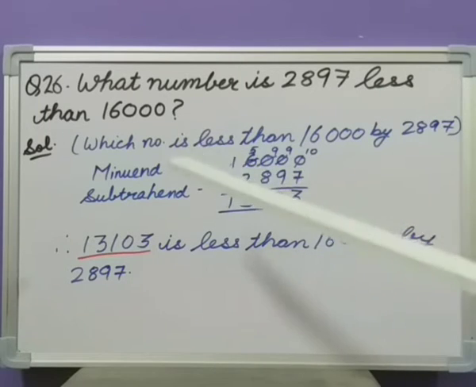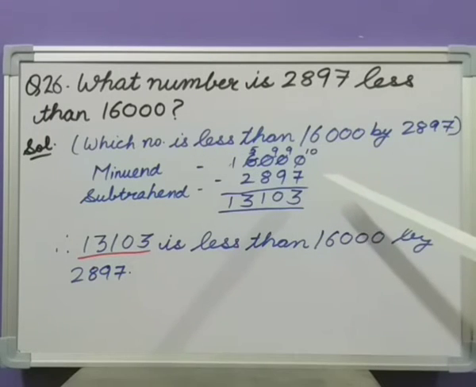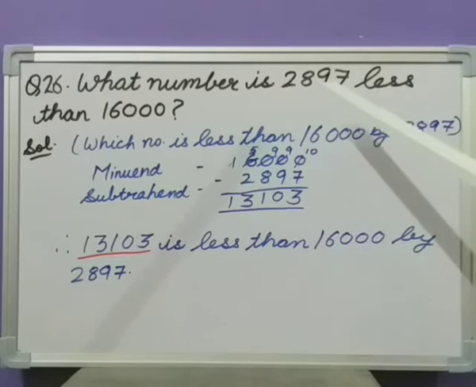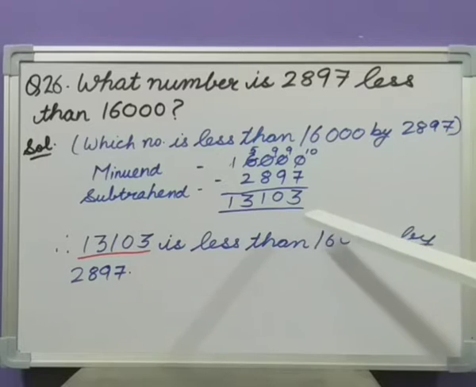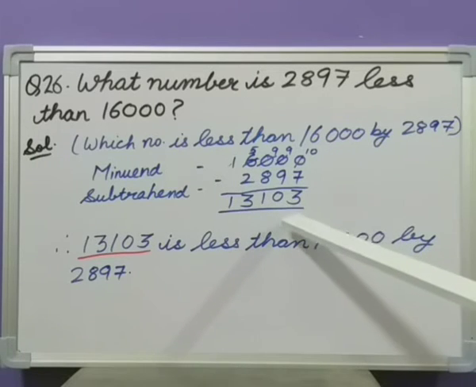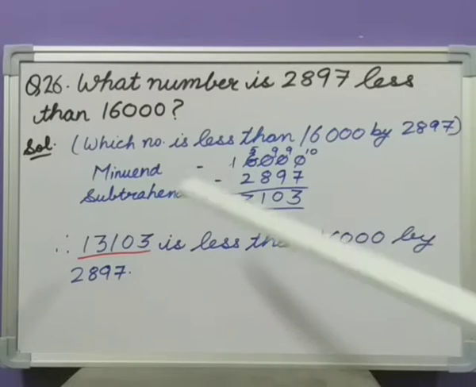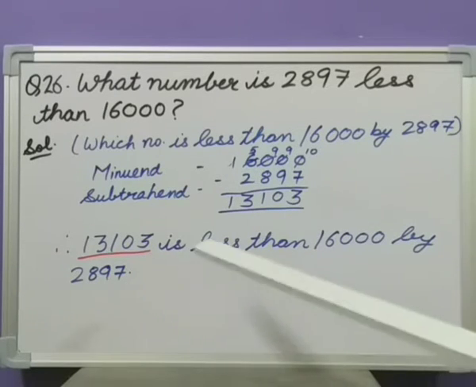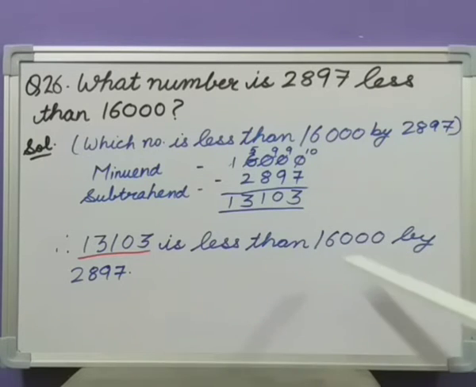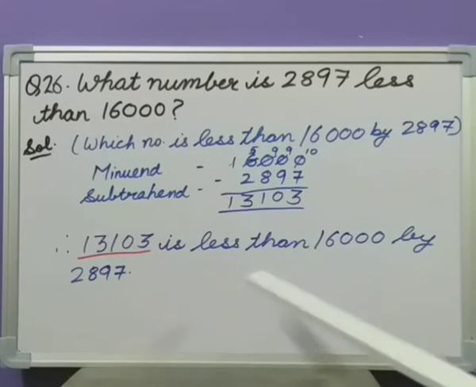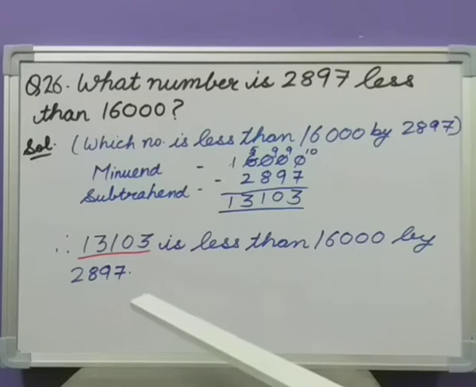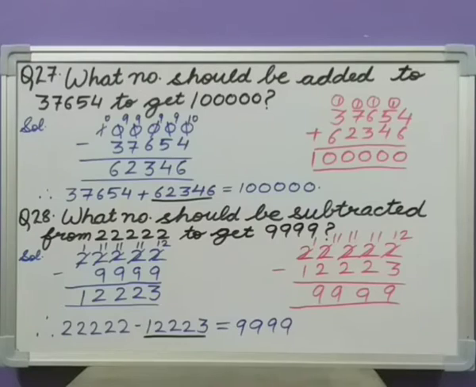2,897. So which will be the minuend? 16,000, and the subtrahend will be 2,897. We'll subtract it by following the rules, and then we got the difference, that is 13,103. Therefore 13,103 is less than 16,000. Yes, it is less than, and by how much? By 2,897. Question number 27. What number should be added to